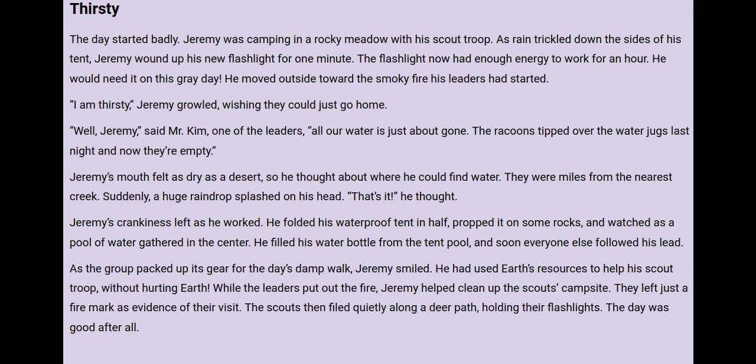Jeremy's mouth felt as dry as a desert, so he thought about where he could find water. They were miles from the nearest creek. Suddenly, a huge raindrop splashed on his head. "That's it," he thought. Jeremy's crankiness left as he worked. He folded his waterproof tent in half, propped it on some rocks, and watched as a pool of water gathered in the center. He filled his water bottle from the tent pool, and soon everyone else followed his lead. As the group packed up its gear for the day's damp walk, Jeremy smiled. He had used Earth's resources to help his scout troop